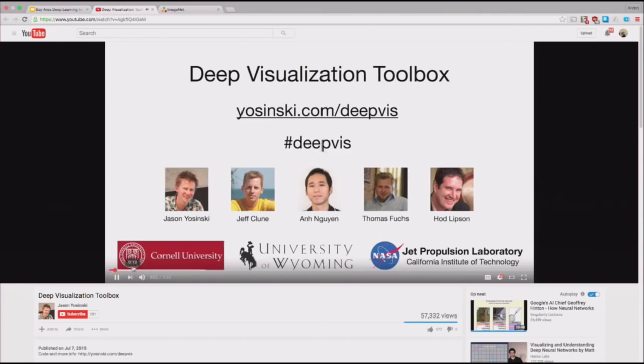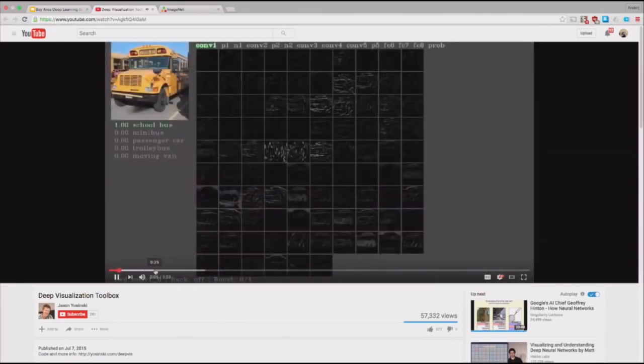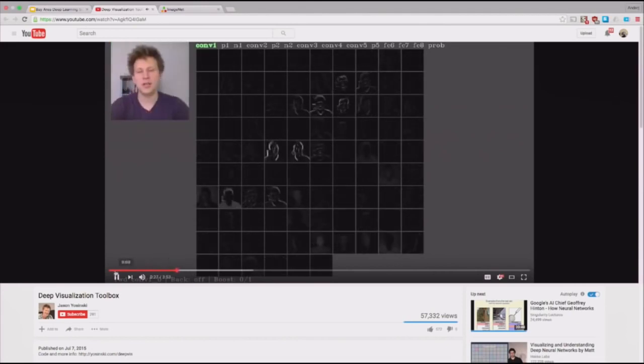And neural networks have enabled computers to better see and understand the world. They can recognize school buses and zebras. Top left corner, we show the input. In this case, the popular deep